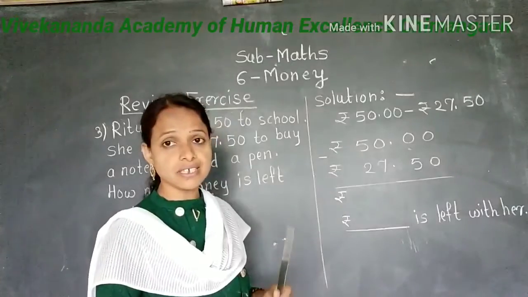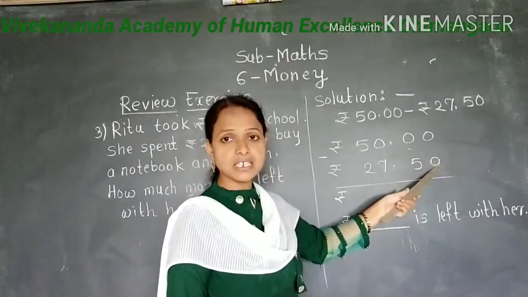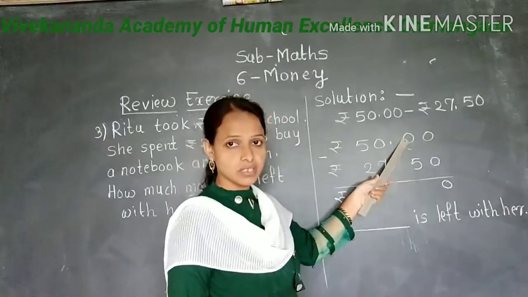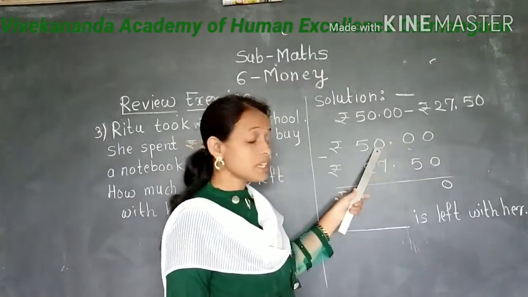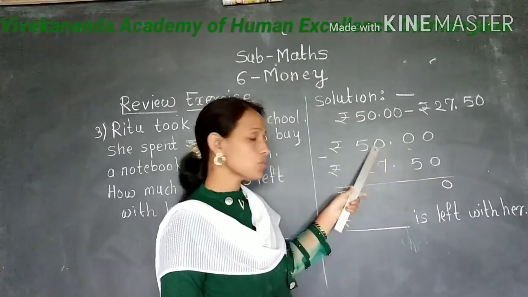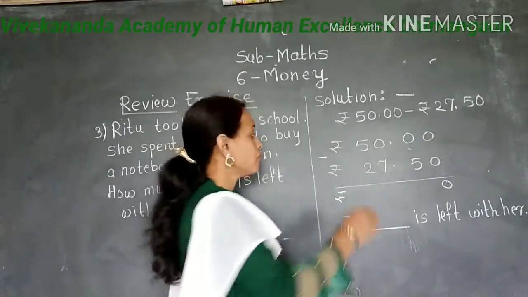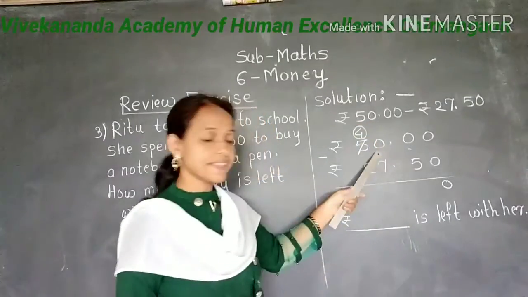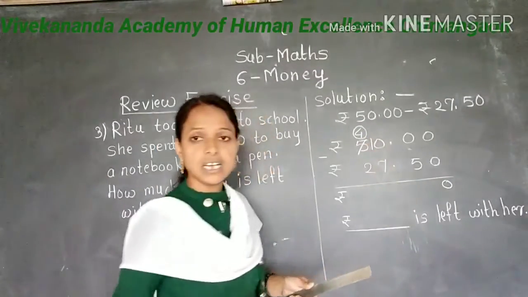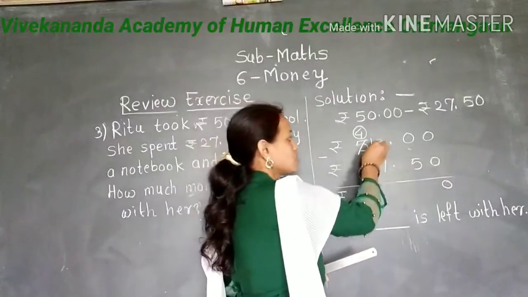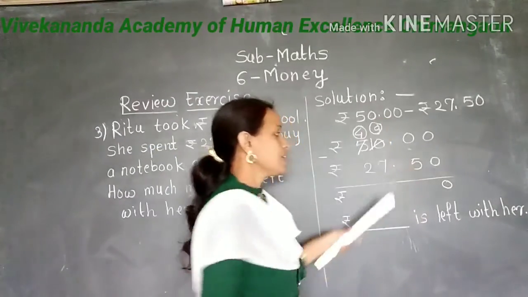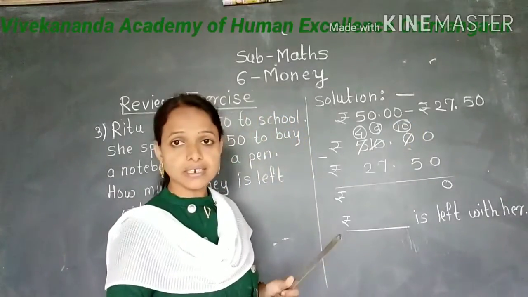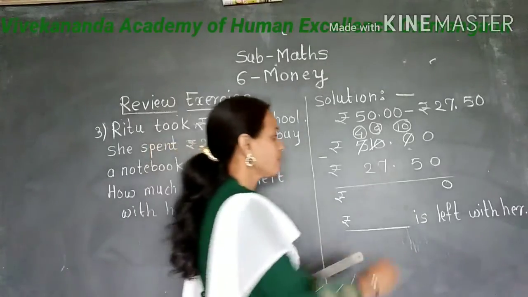So look here, we will see the subtraction. 0 minus 0, 0. Now we cannot subtract 5 from 0, so we have to regroup. But here also 0, so again we have to regroup. So we borrow 1 from 5. Here 4 remains, and this 0 becomes 10. Again we borrow 1 from 10, so here 9 remains, and this 0 becomes 10. Now we subtract 5 from 10. 10 minus 5, 5.